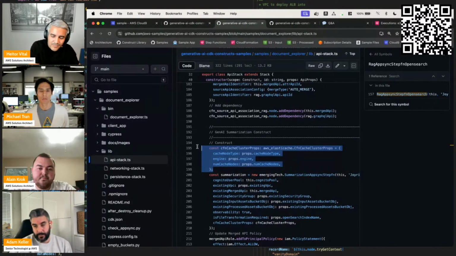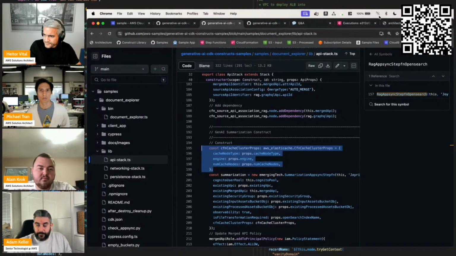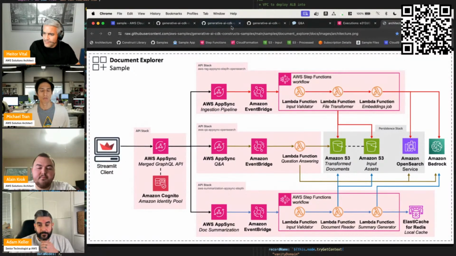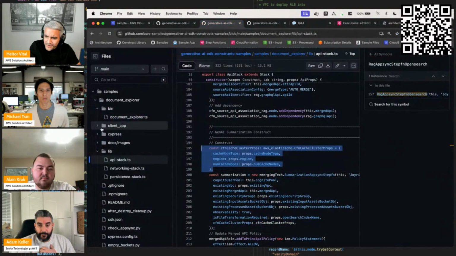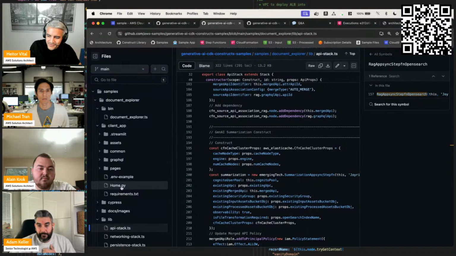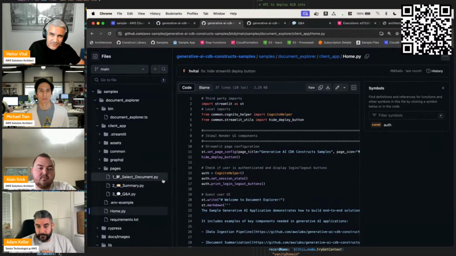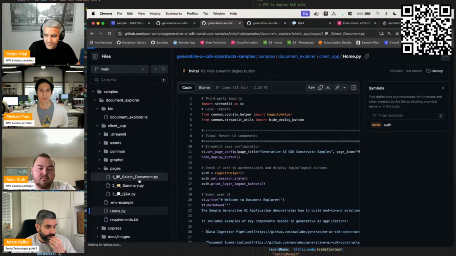And when it comes to the client application, if I go back to my diagram here, if you want to get more details about how this application is implemented, like the client side of it, it's all defined inside this client app folder. If you open it, you're going to see that the main entry point is this home.py file. And then for each page that you see on your left-hand side menu, we have a file defining that specific area of the screen.